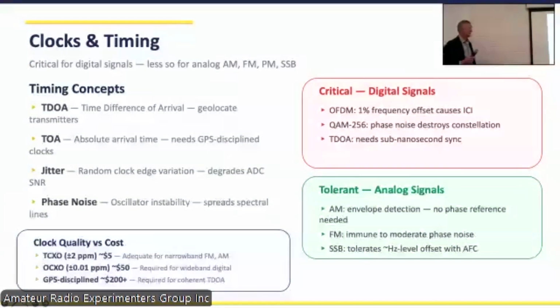Parts of this work we see with the RTL-SDR as a part of the kit, what's the one that Mark's got? And it's Kraken, thank you. The reason that works so well is it's got one clock system, and that clock is working between all of the devices, which then allows for direction finding. But that's doing it primarily in the analog domain.